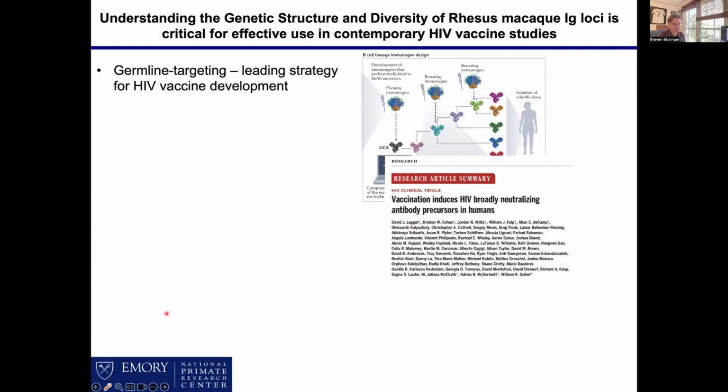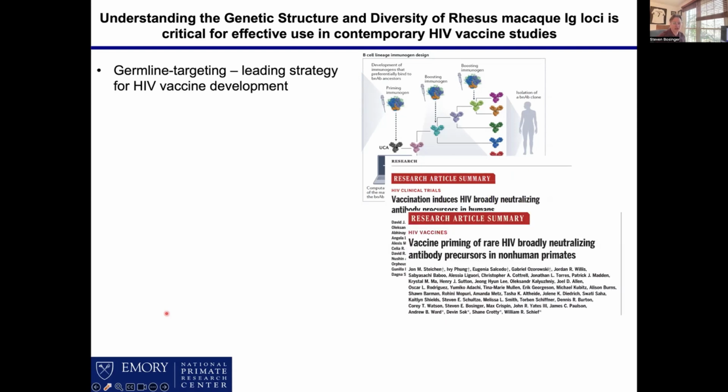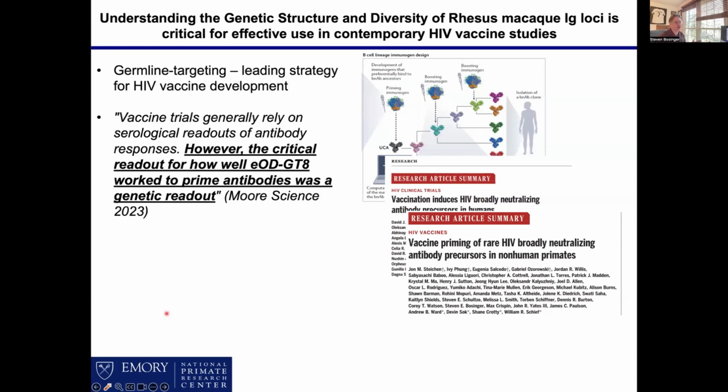And after many years in this field, in 2022, the first paper showing that a germline targeting immunogen was capable of eliciting antibodies of the right genotype was published by Bill Schief and his colleagues, and furthermore, last year there was the first proof of principle showing that a germline targeting immunogen in non-human primates was capable of eliciting the proper alleles. And so this was really a big shift for the field, not only because of this success, but also in thinking about how we do immunology and how we do vaccinology for HIV vaccines.